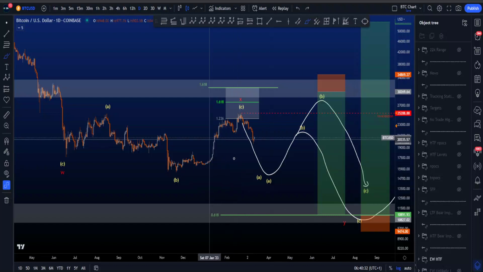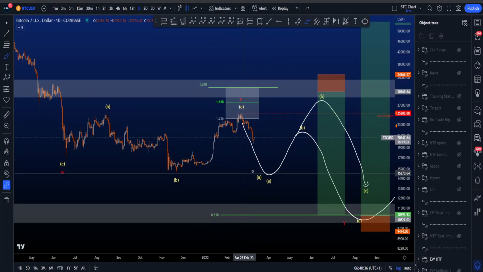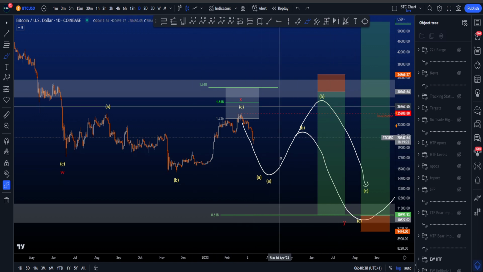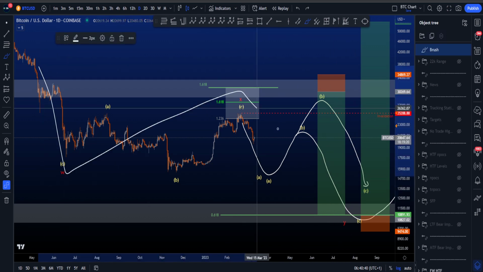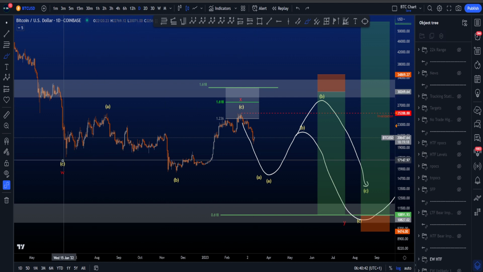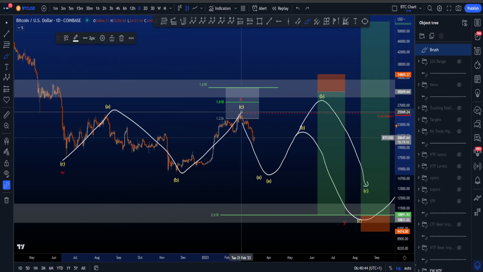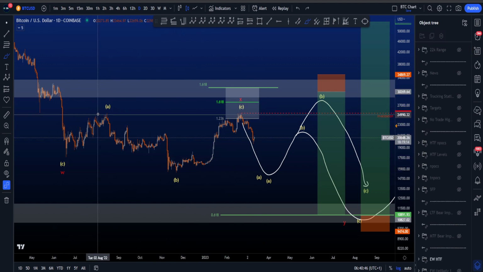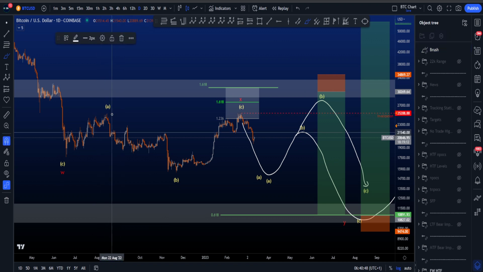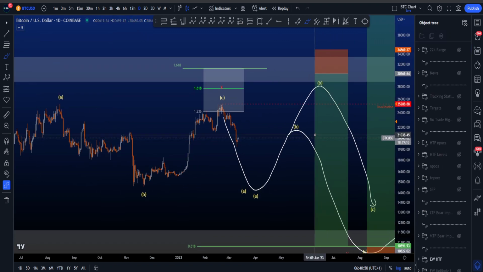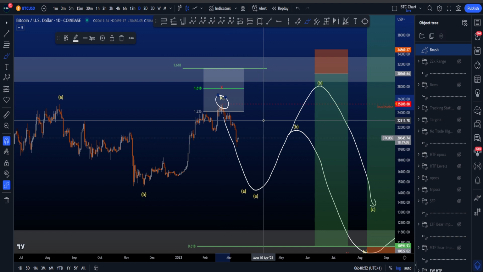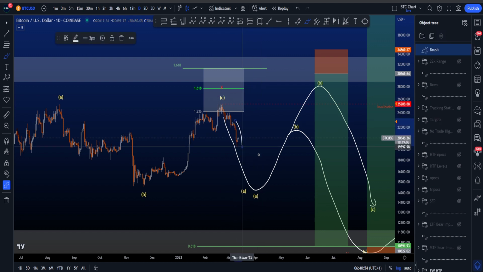Hi everyone, let's go through my high time frame, medium time frame and low time frame scenarios, including potential trading setups. So on the higher time frame, I'm looking for this WXY, where inside the X we were looking for an ABC expanded flat that hit the target area and also took the high of A, which is a minimum requirement. The validation of that scenario is taking the high once again in the stage that we are at the